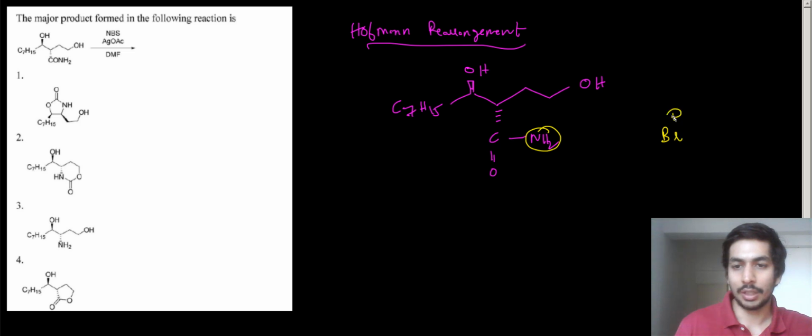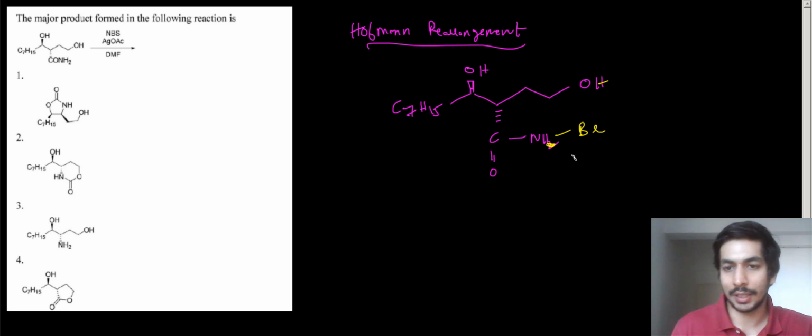So Br positive is there. So this lone pair on the nitrogen is going to attack this Br positive, right? And what is going to be formed? Basically, we'll have, you can draw over here, NHBr, like this. There's one more hydrogen, and silver acetate acts as a mild base, so it will abstract that hydrogen. Now what happens? The silver acetate again acts as the base, and the NH over here will get abstracted. One more NH of this will get abstracted, and basically now the Hofmann rearrangement condition is being satisfied.